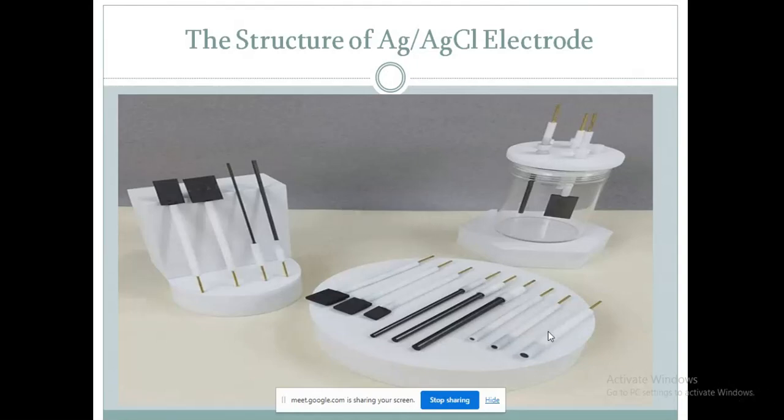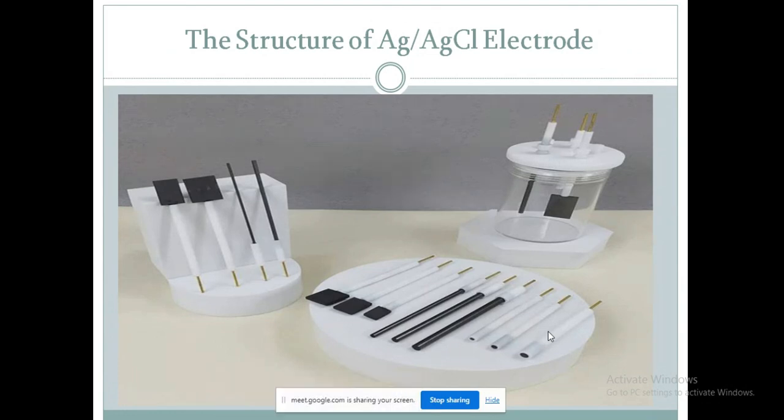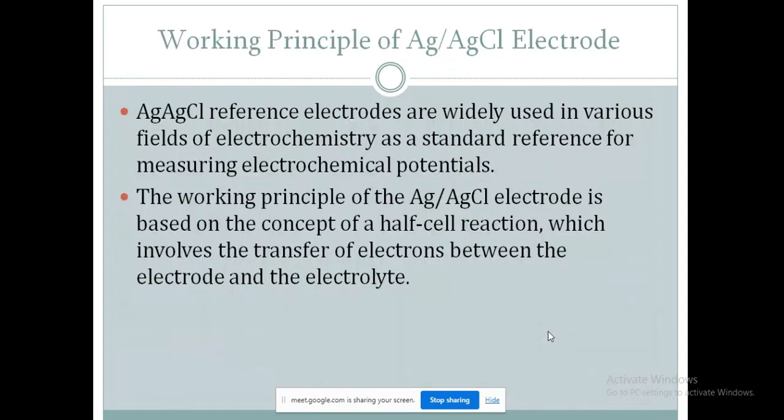Today in the biomedical instrumentation course, we're going to see the structure of the AgCl electrode. What is an AgCl electrode? It is called the silver chloride electrode. It is used as a reference electrode because of its small and stable offset potential. In this silver chloride electrode, see here,